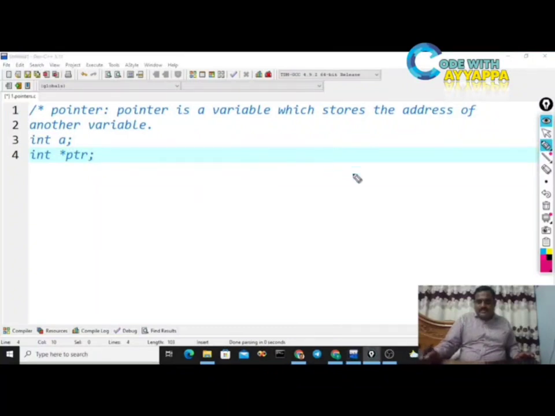Let's just observe the memory representations. Example, this location name is a. It is a normal variable. Suppose its address is 1000. And this is ptr, a pointer variable.